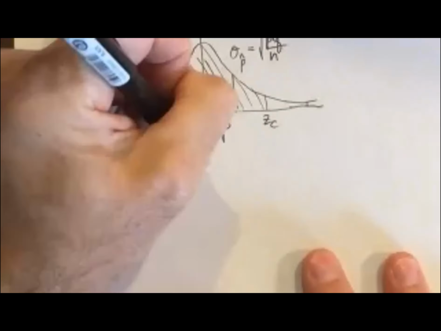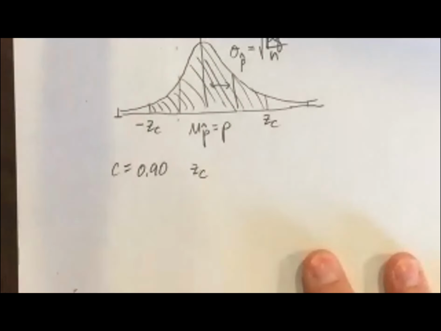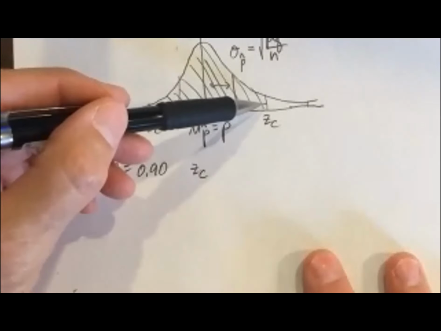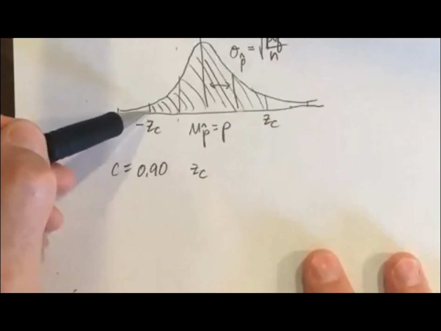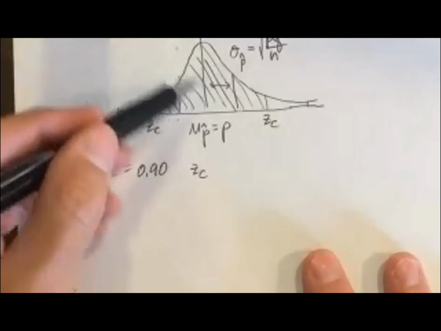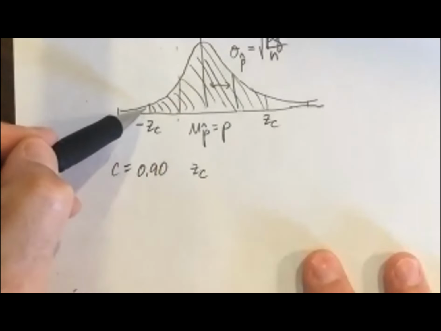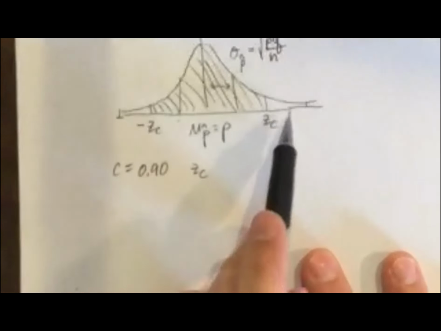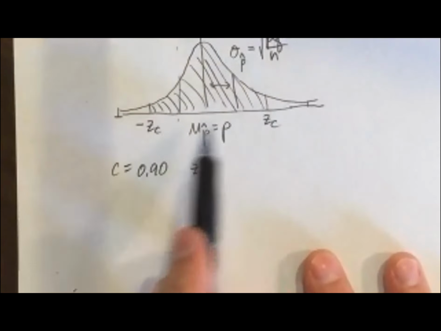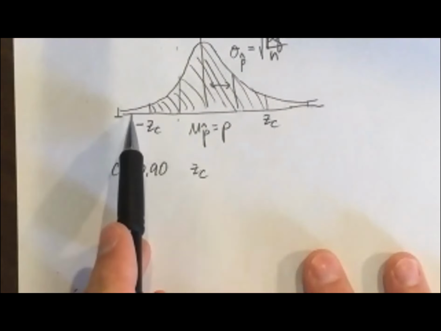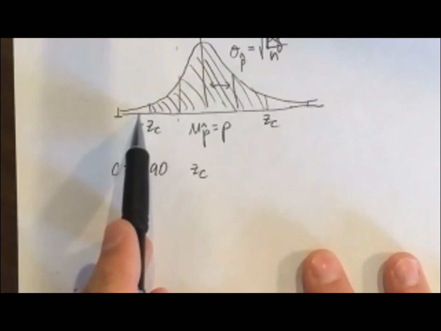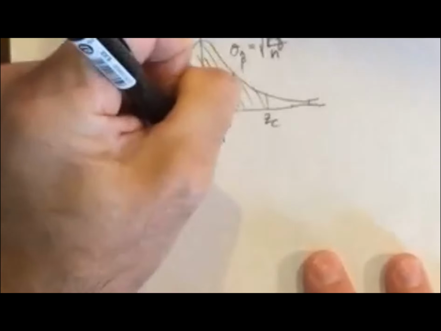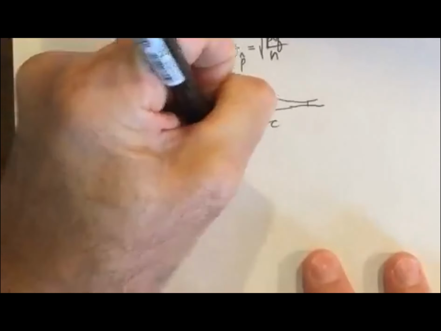And so using a calculator or the back of the book, the table gives us all the area to the left of a particular z. And we want the area between minus z and positive z. So we want this area in here to be 90%. That means there's 10% left over, 5% up there on the top and 5% down here on the bottom. So to the left of a particular z, we would have this 90% we want plus this 5%. So we're going to look in our table and find the inverse normal